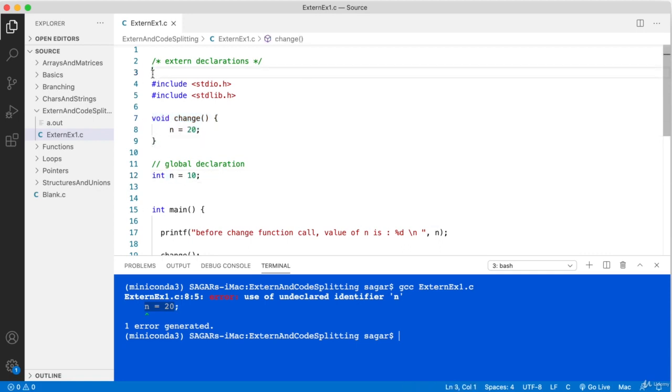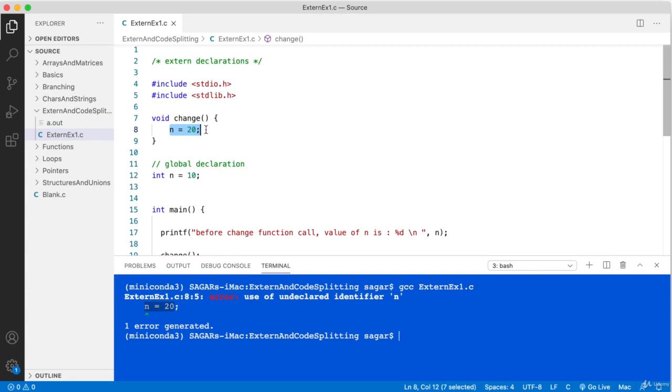When the compiler is translating the program, it goes in sequence from top to bottom. At the point where it encounters this statement, the compiler doesn't know what n is. Because of that, it could not validate this statement. So n equal to 20, is it right or wrong? It could not validate.